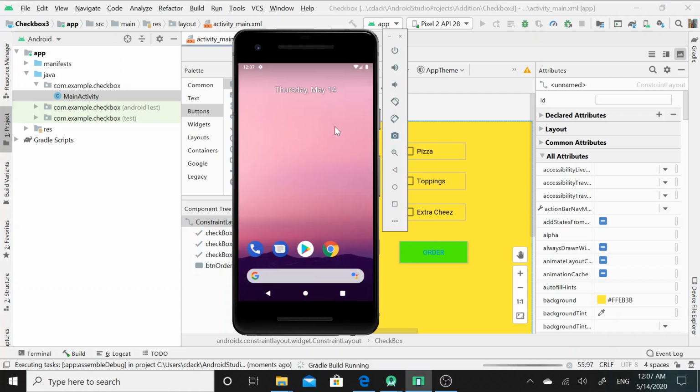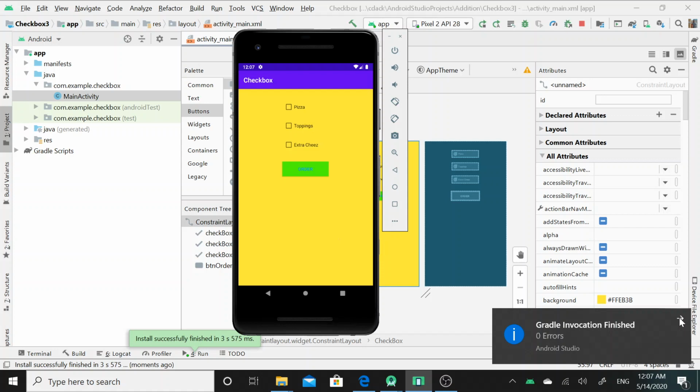This is the Android emulator. This device is similar to the Pixel 2. Here I received the message that Gradle invocation is finished and there are 0 errors. It means that my application has run successfully. I will remove this notification.